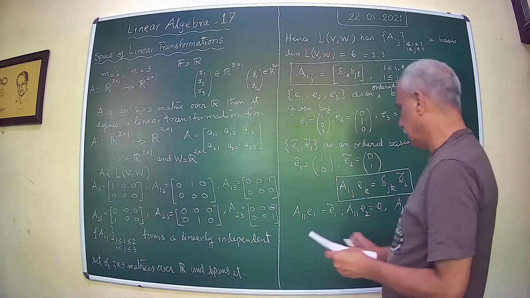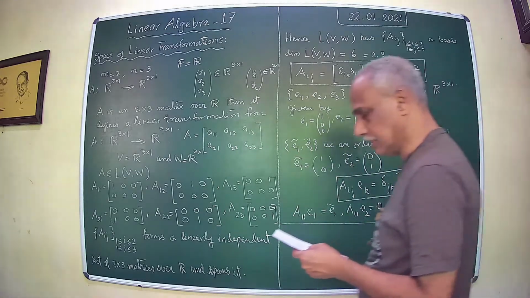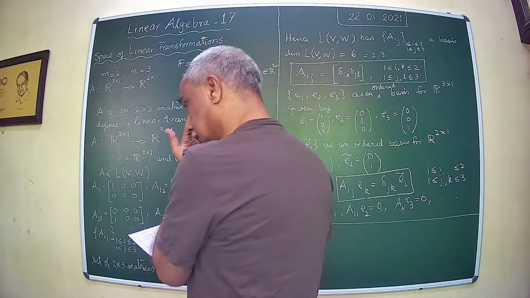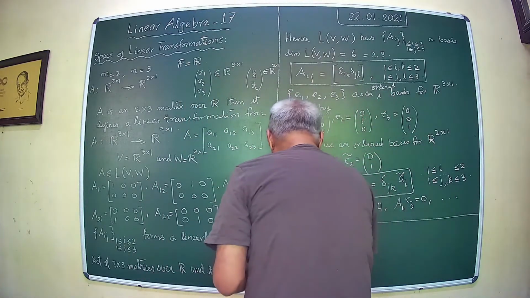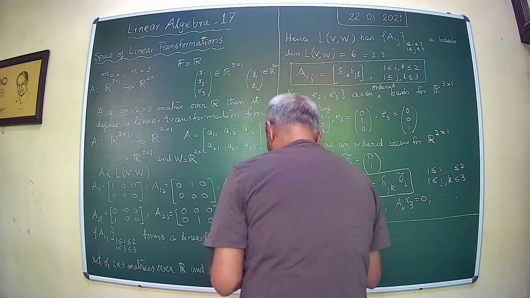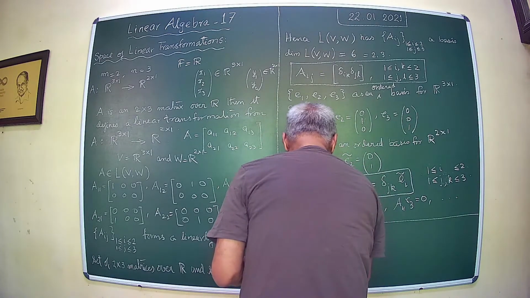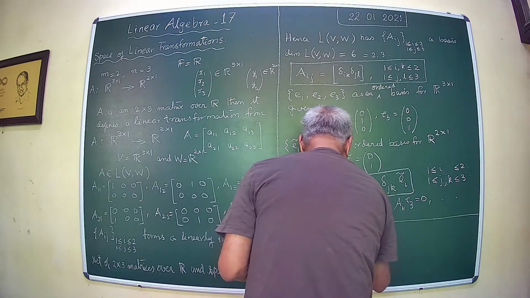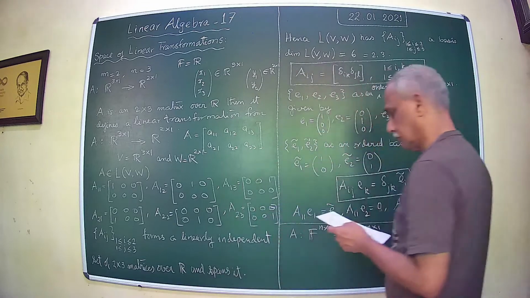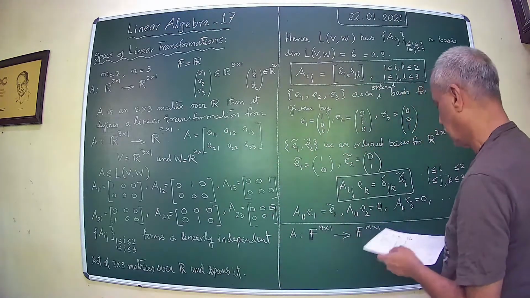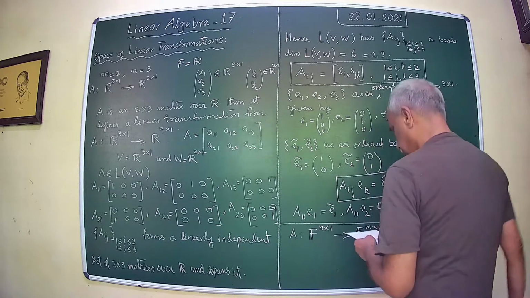We can generalize the whole thing. Maybe some experience of generalizing this will give you some insight. Okay, so let us take A from F n cross 1 to F m cross 1. Let A be given by